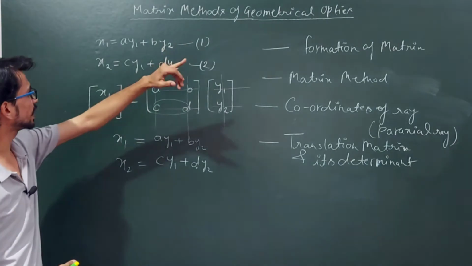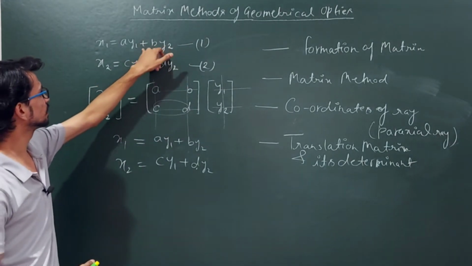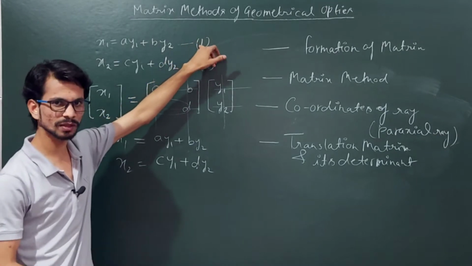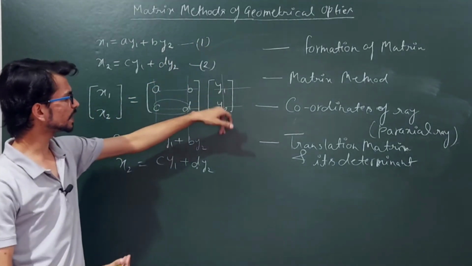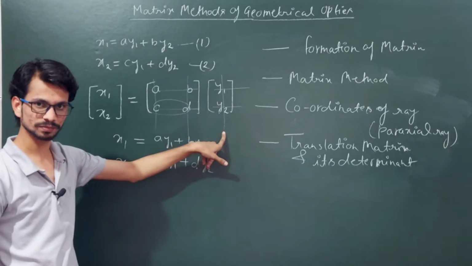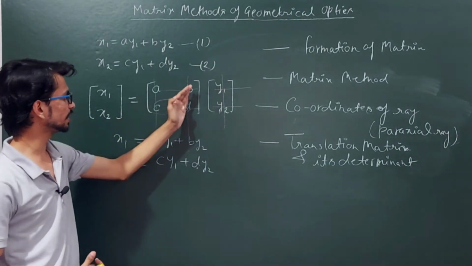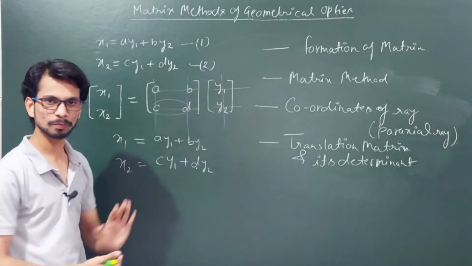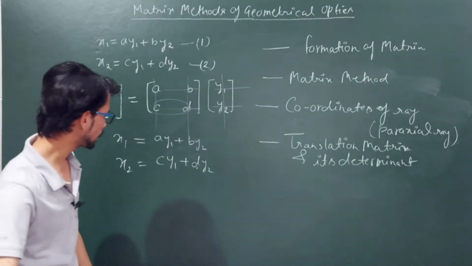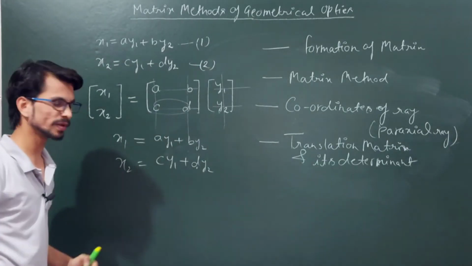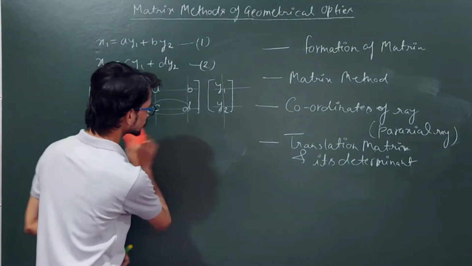If there are 3 variables, let's say y1 plus a y1 plus b y2 plus, let's say, c y3, then another variable will be treated as y3, and the coefficient of that particular variable will be written at the front of b. Okay, so this is the process of writing the matrix formation of a set of given equations.